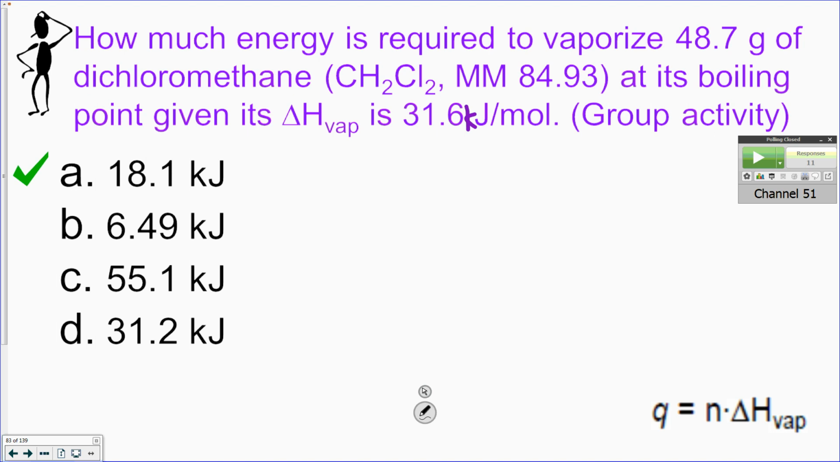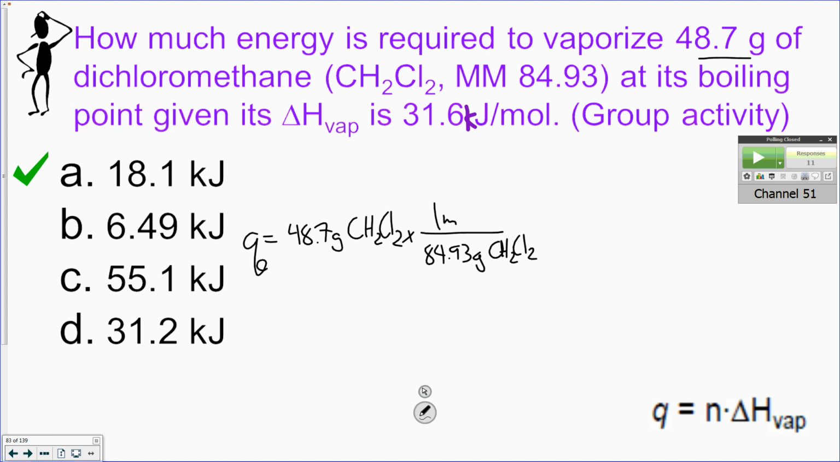We're looking for Q. So we need to start with what we know. We're given an amount of sample, so we've got 48.7 grams of dichloromethane. It has a molar mass. We need to convert grams into moles of 84.93 grams of that substance per 1 mole of that substance. Now we've got number of moles. We simply multiply by the molar heat of vaporization,